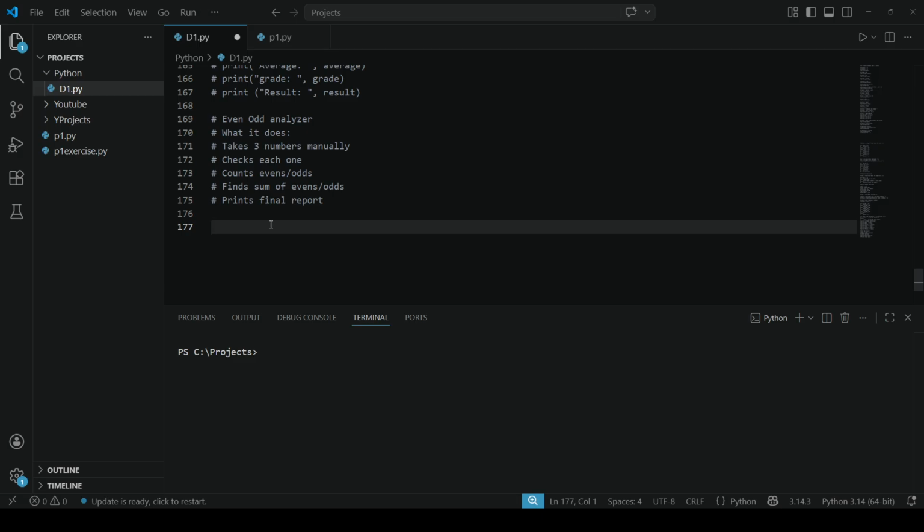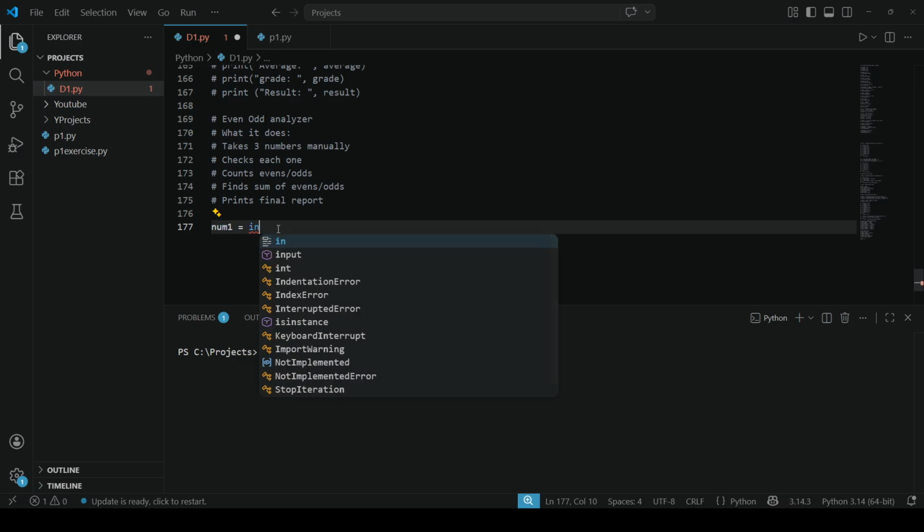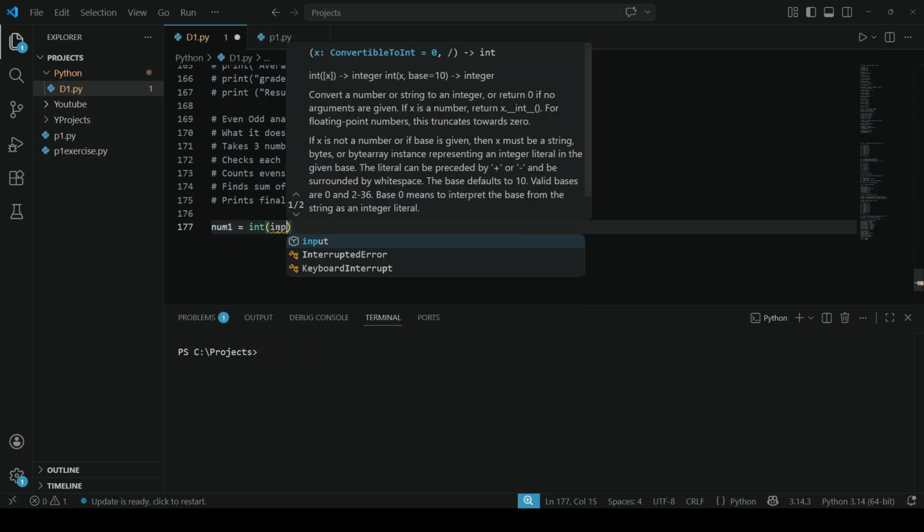So firstly, we're going to take two inputs. I'm sorry, three inputs because three numbers. So let's create a variable and take input from the user